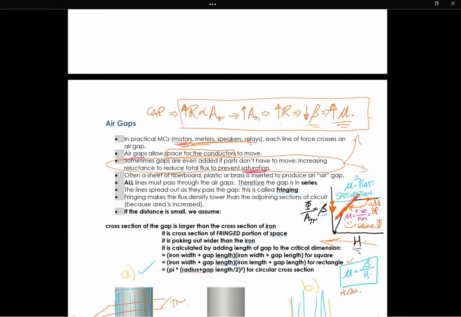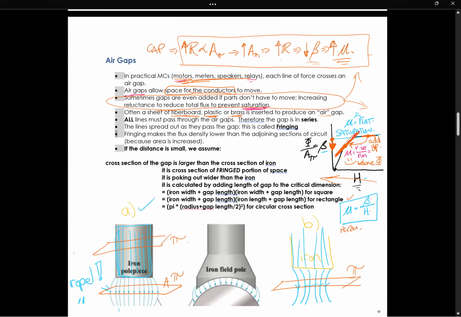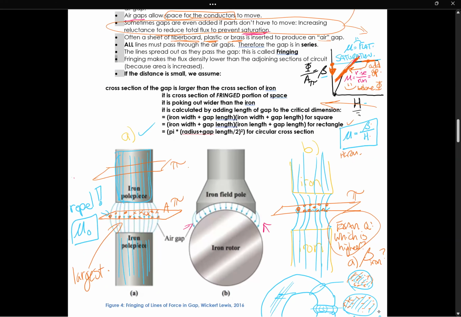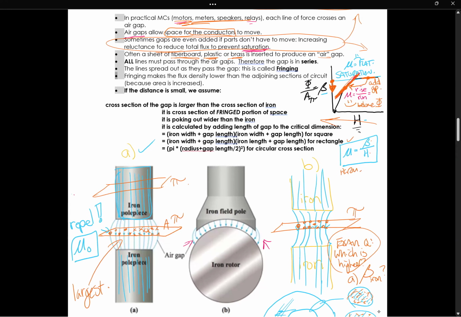All right, so how do we make something with the gap that we've added just to increase the total reluctance? Well, we can't just have a gap there then, right? So we use fiberboard, or we use plastic, or we use brass to make an air gap. And all lines must pass through the air gap. So what I'm showing down here is that